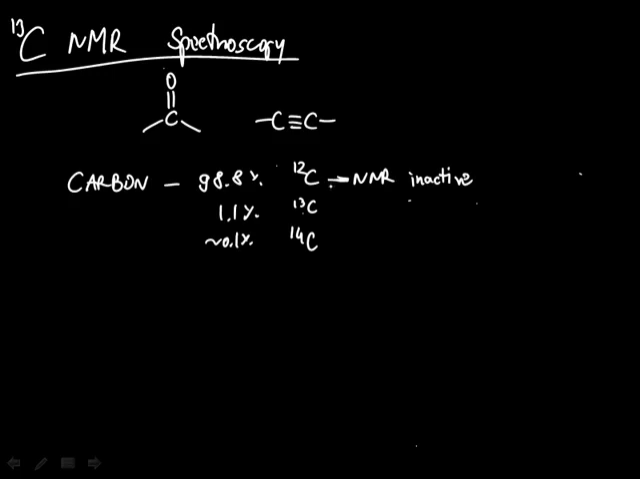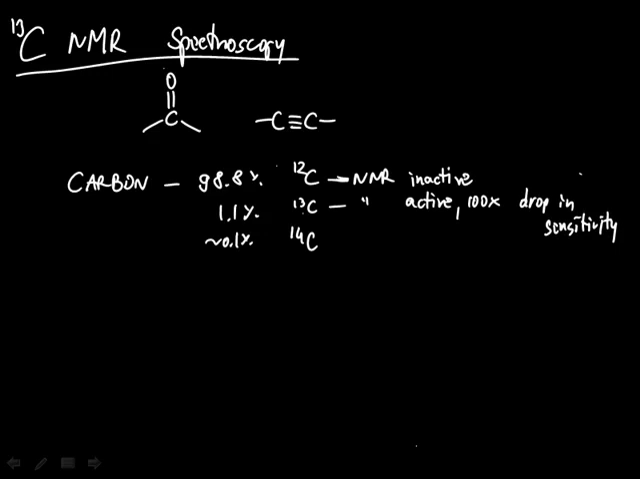Carbon-12 has an even number of protons and an even number of neutrons. Carbon-13 has an even number of protons but an odd number of neutrons, which means it's NMR active, but there's 100 times less of it, so it's a 100-fold drop in sensitivity. This is the reason why